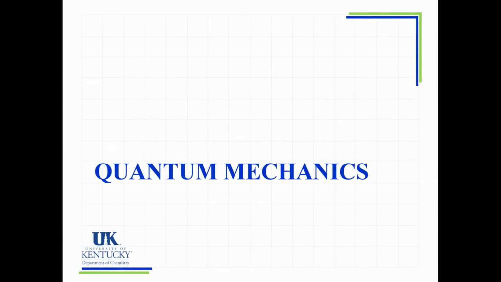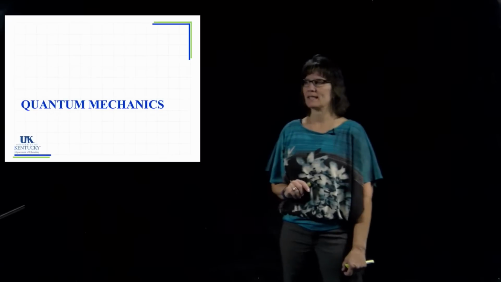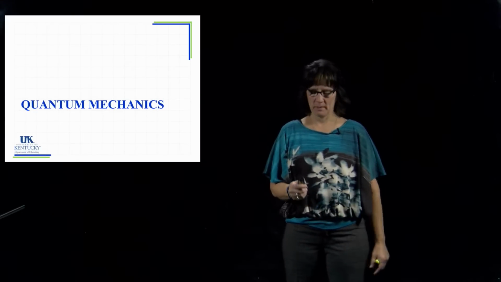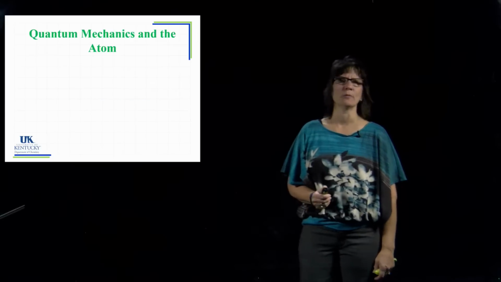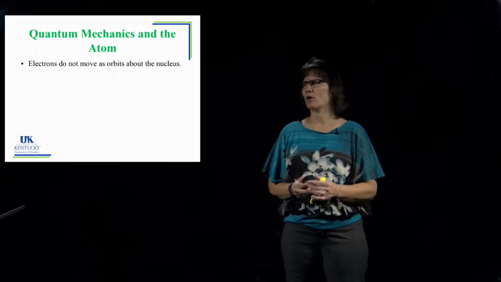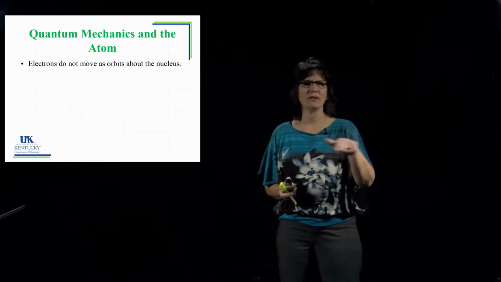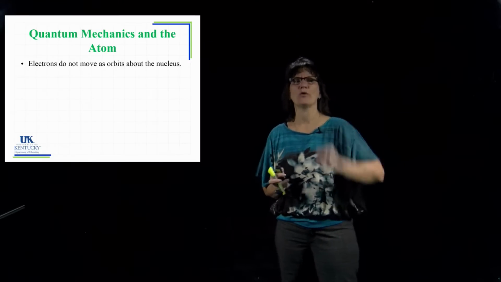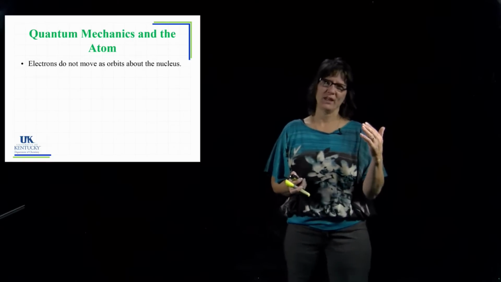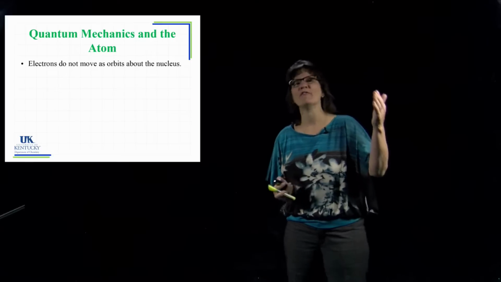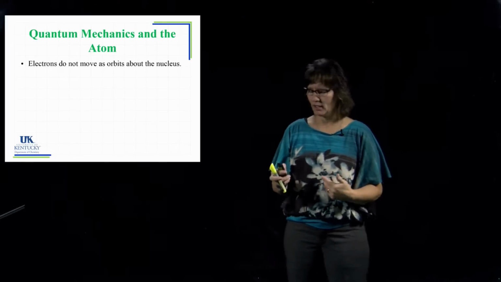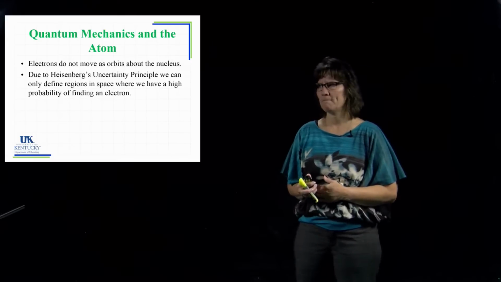So the Heisenberg uncertainty principle that we looked at last time ushered in our world of quantum mechanics, and that's what we're going to talk about here. We know that electrons don't really move around in orbits like we saw with the Bohr model. With planets, we can know where they are at one point, we know how fast they're traveling, and we can predict where they're going to be at any other point. We don't have that luxury with electrons, okay?